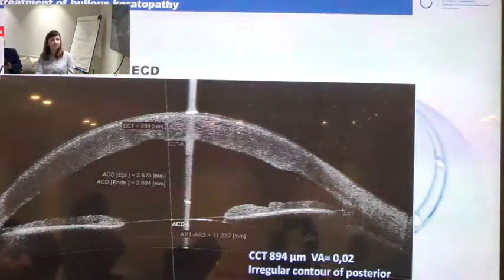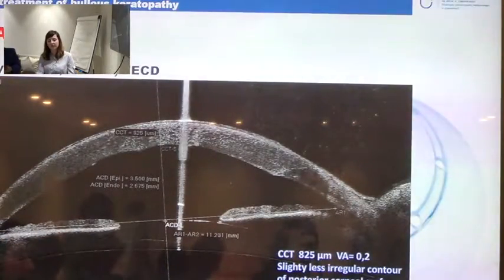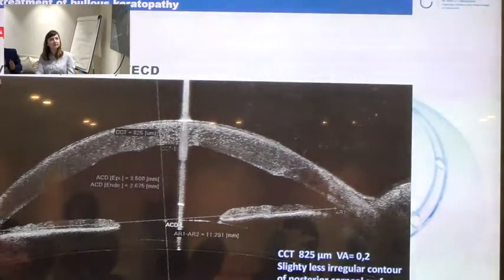This is her beginning OCT scan with 894 micrometers, visual acuity 0.02. After 1 week of hyper-CL use, the corneal thickness dropped to 825 micrometers, and the visual acuity improved to 0.2 in Snellen's chart, so 10-fold. And the cornea is slightly less edematous, and well, actually, despite this patient was actually outside of the clinical